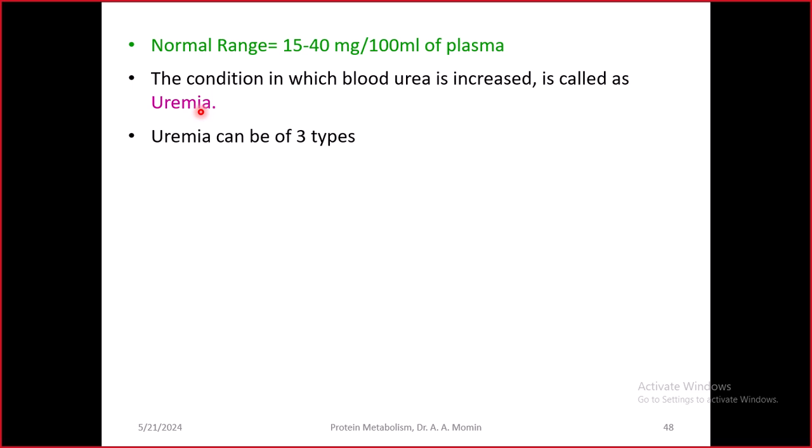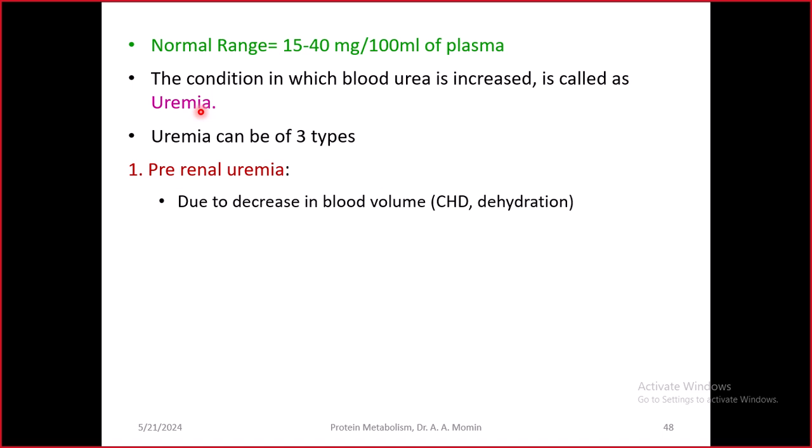Keeping in mind the central organ, that is the kidney, the names are given by the term pertaining to kidney, that is renal. If the urea level is increased due to some reason which comes before the kidney, that is excessive production of urea from proteins, it is called pre-renal uremia. It may happen due to decrease in blood volume. The urea level may be normal, but